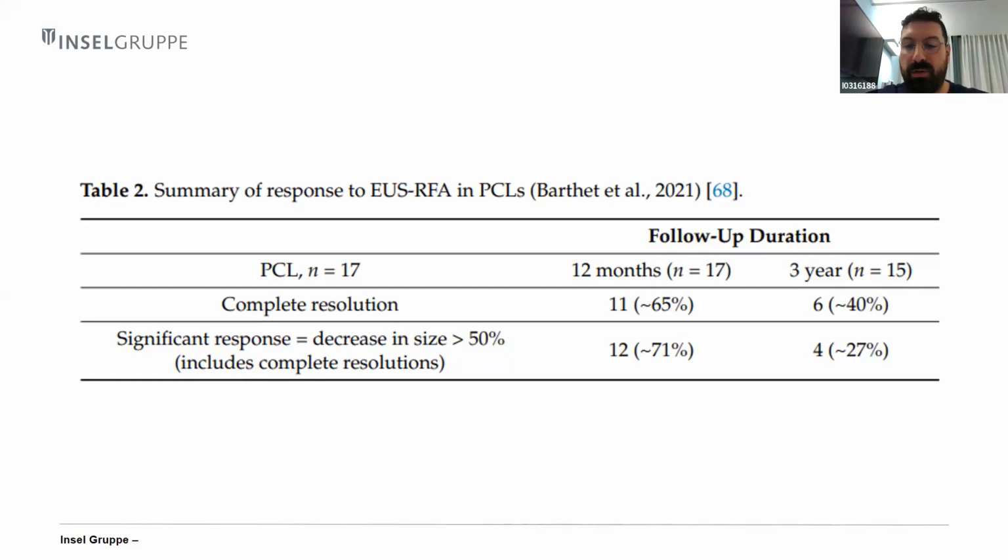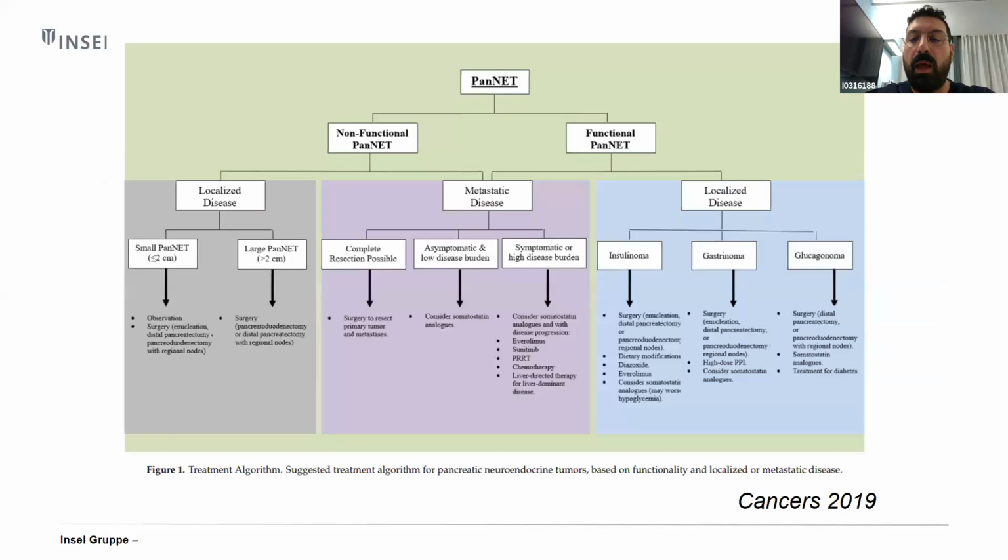The authors also theorized that the systemic immune response, as we already discussed, due to the RFA, could be partially responsible for the long-term response. And similarly to precancerous cysts, pancreatic neuroendocrine tumors, either functional or more than 2 centimeters in size, are often treated by surgical resection via a